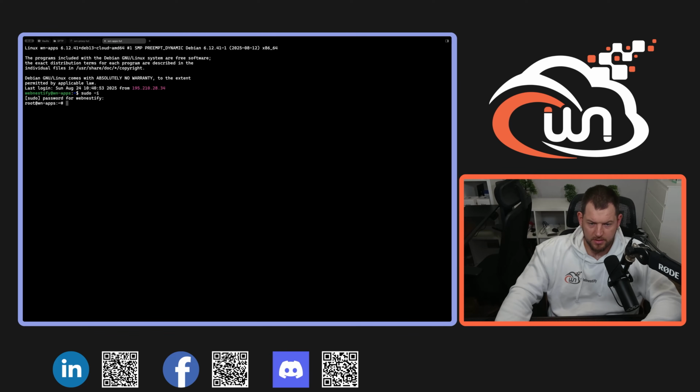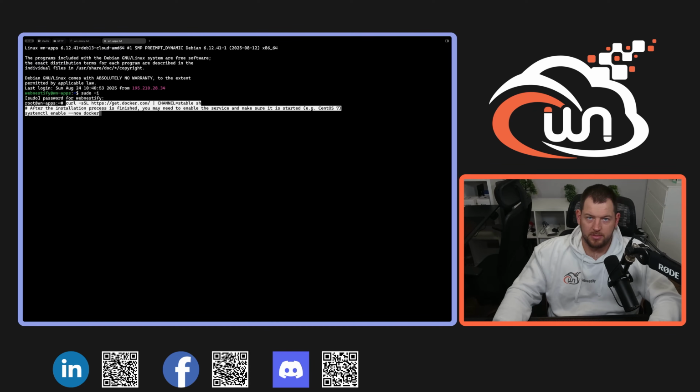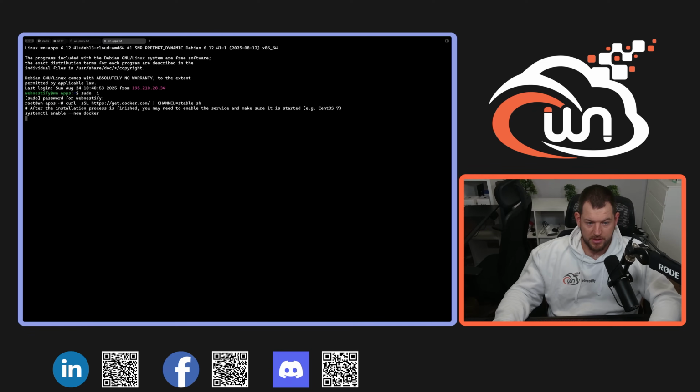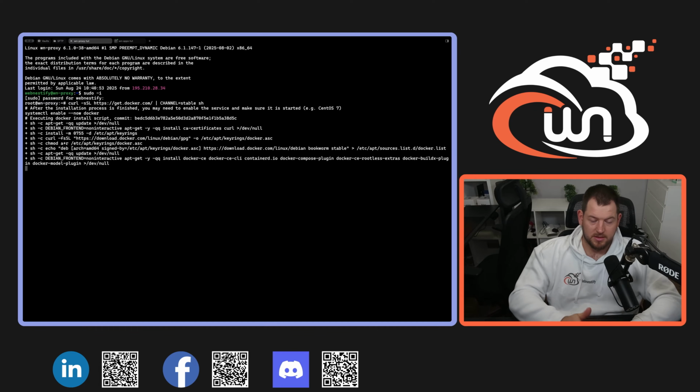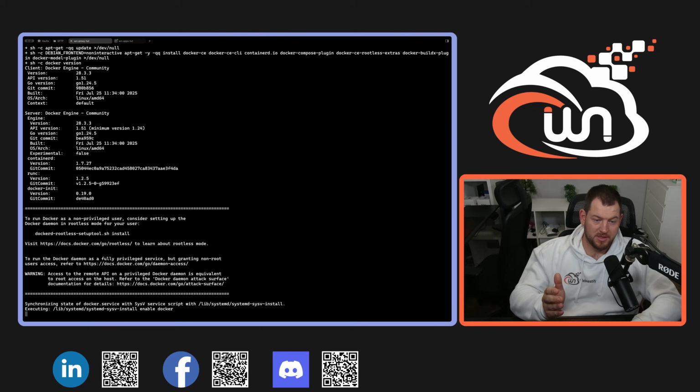And we can run this convenience script that you can get from the Docker website or in the video description where I provide you the link. So I'll just press enter on both servers, and it will automatically install Docker Compose and all the latest plugins for your specific distribution. So for our proxy, we have Debian 12, but for our Webnestify application server, we have Debian 13. Okay, as you can see, Docker is installed,